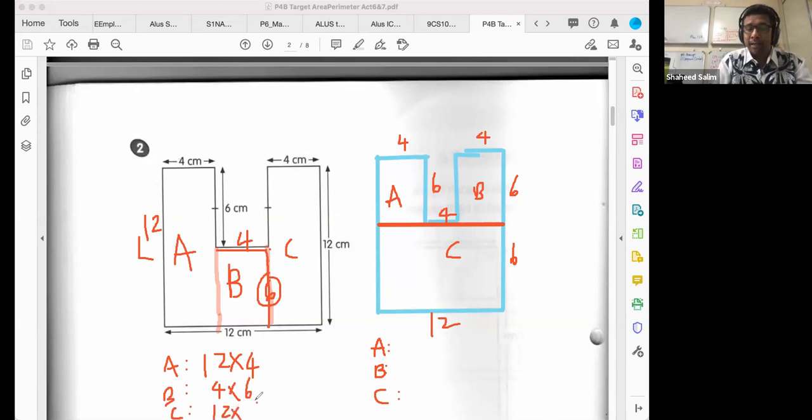So we're going to check, but we won't give the answers yet. Now we're going to ask Amara. Amara, you look at Umaira's one. How do you find A, Amara? Length times breadth. This is the length, this times breadth. What times what? Come, 6 times 4. 6 times 4, is it? Okay, 6 times 4. I am reading her lips, you know. This one is also 6 times 4 for B. What about C, Amara? This whole thing is 12. This is 6. So,